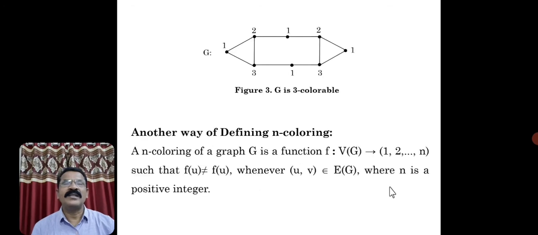Okay. Let me consider the same graph. You may ask the question, why are you considering the same graph? See the importance. Earlier we have used 8 colors. Again in the next slide we have minimized by 2 colors. So that was a 6 colorable graph. Though it is 8 coloring, we have colored with 6 colors. That's why it is also called a 6 colorable graph.